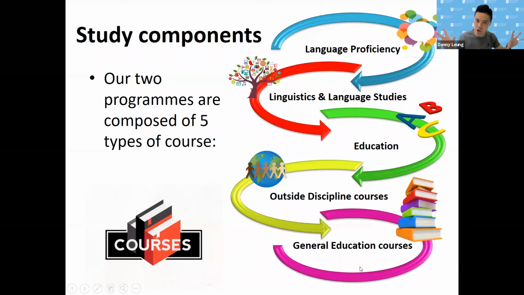These are rather general, but definitely these general areas of inquiry are also fundamental to the overall personal growth of youngsters like all of you, of human beings. So we also ask our students to do a number of general education courses, which is similar to many other universities in Hong Kong. Apart from your major and your electives, you're also required to do some general education courses. These are the 5 different types of courses that you're going to do.